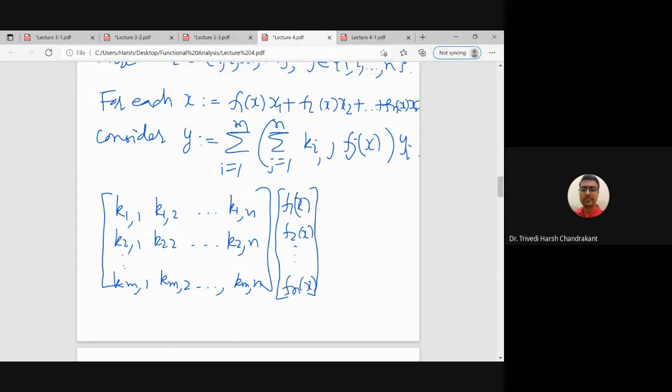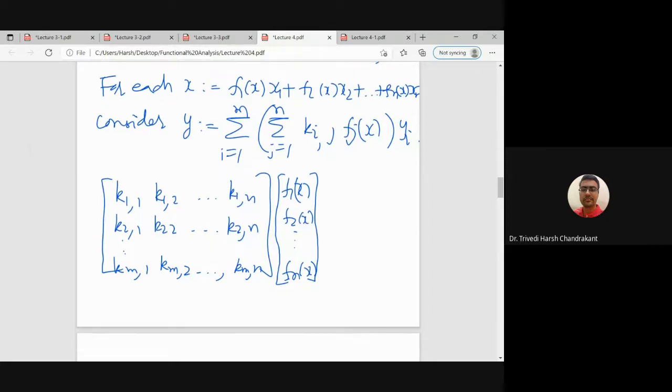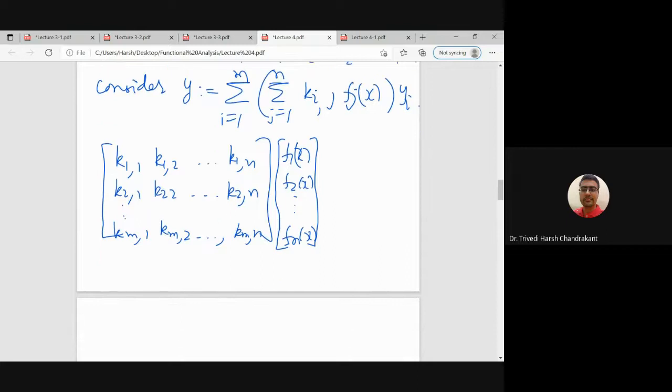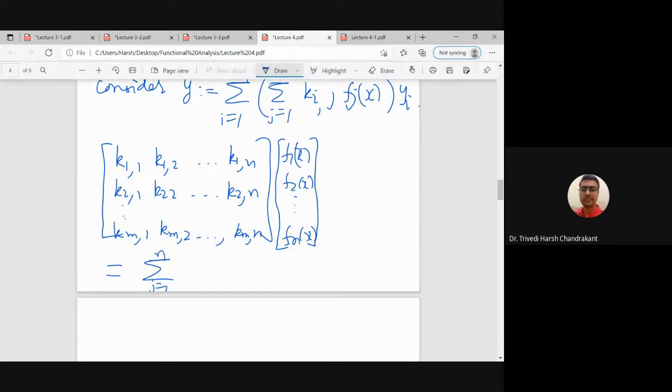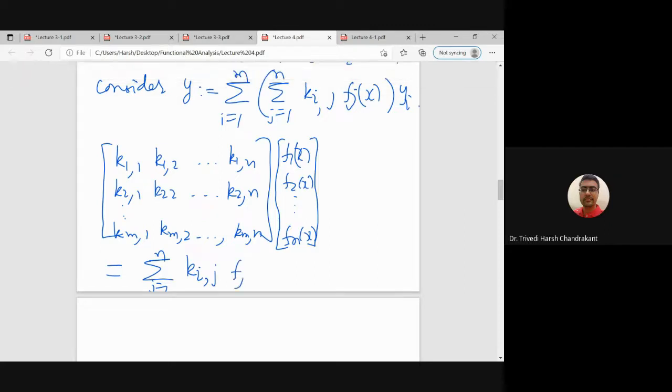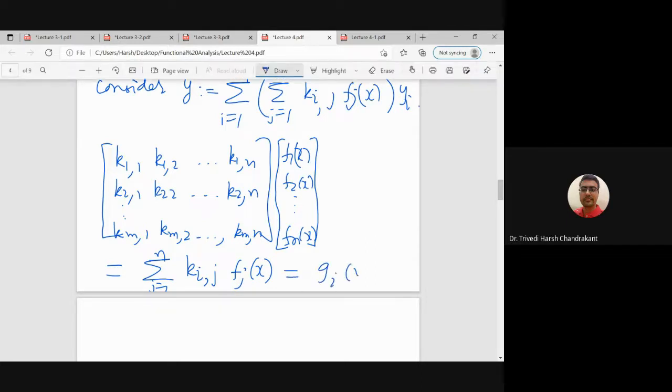Right, because each row has n entries, we can multiply these two matrices, and finally when we multiply we get summation j from 1 to n of aij fj(x). Right, so this we are defining as the ith coordinate of y,